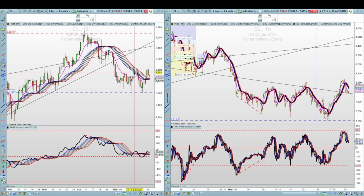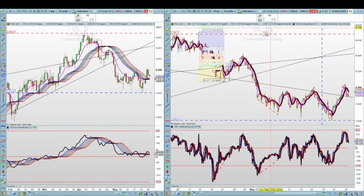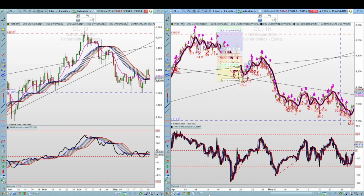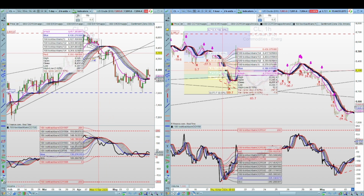Notice also the price didn't break above its moving average range, so you probably wouldn't have started going long at that point there. So going short from this period onwards, that would have been back from this point. And if I pull up the short positionings, you can see there it's a bit hard to read, but basically going short during the period, especially when it breaks below, so you would have gone short during that candle there